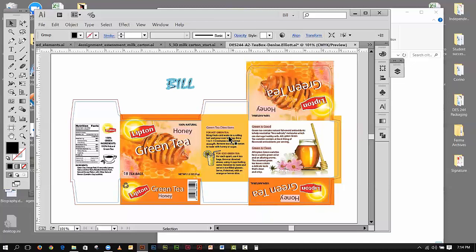Because she did not outline them, and because I don't have that font on my machine, it can't really display that font, and it defaults back to some very simple font here. So my problem is that I can't get the full value of this particular design because a part of it is missing. So what I'm getting at is, before you send this to me in the future,